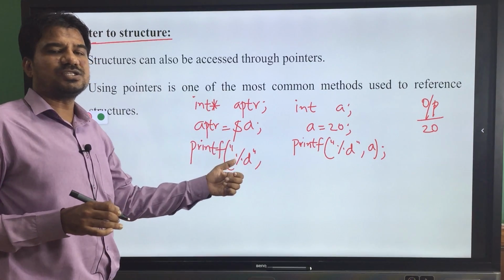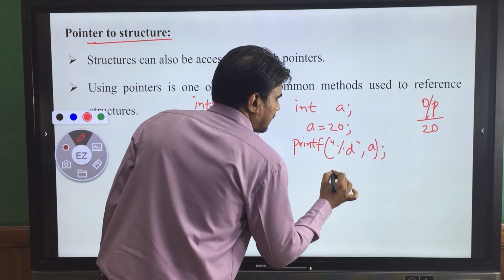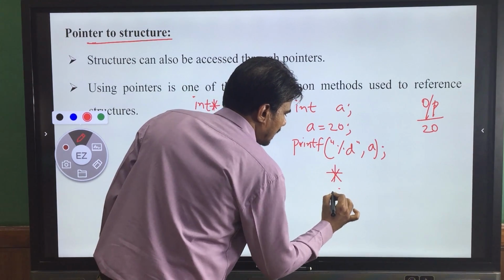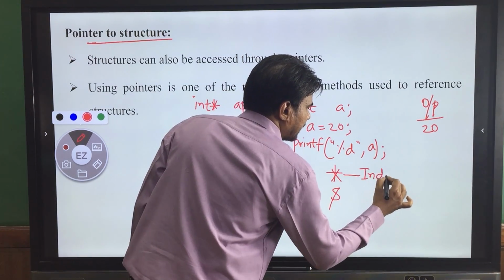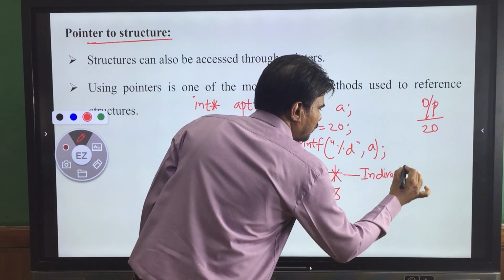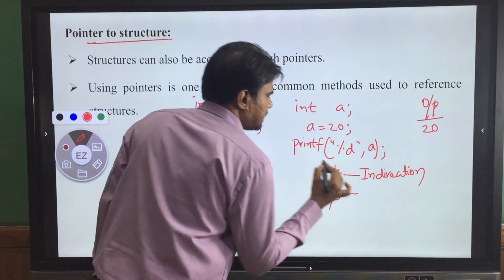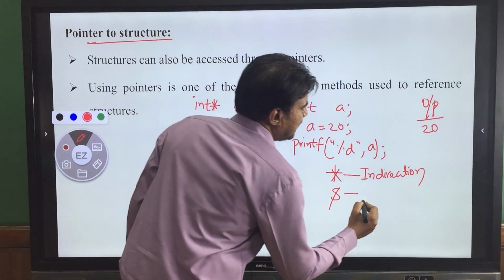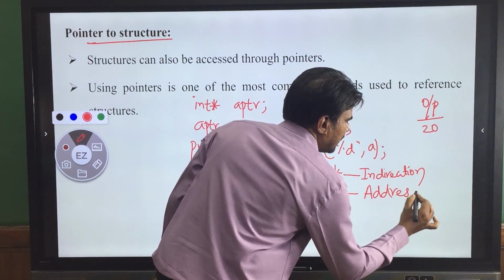So from that address, to retrieve the value, we use the indirection operator, the star operator, and the ampersand operator. Star operator is the indirection operator. From the address to get the value, we use this indirection operator. And ampersand, it is the address operator. From the variable to get the address, we use this address operator.